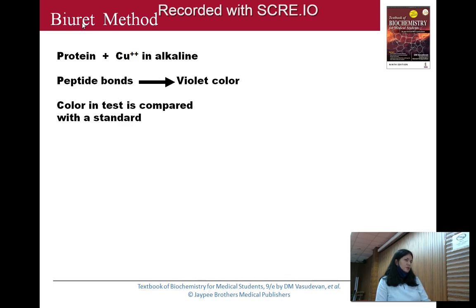Clear? So when you do a ninhydrin test, there is one amino acid which does not give a purple color Ruhemann's complex. It gives a yellow color. Can you name that amino acid? Anup, tell me. Any amino acid? No, ma'am. Proline is having an amino group or an imino group? NH2 group or NH group? Imino group. Yes, imino group. For the ninhydrin test, you need an amino group. But proline has an imino group, that is the NH group. That's why it will not give the purple color complex, known as Ruhemann's purple, in the ninhydrin test. It gives a yellow color complex.